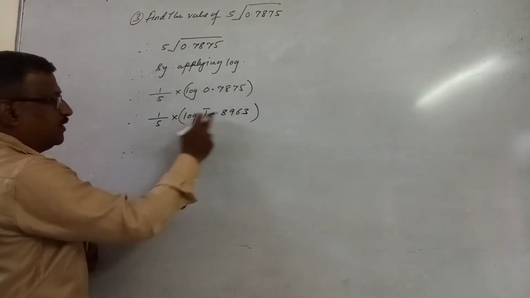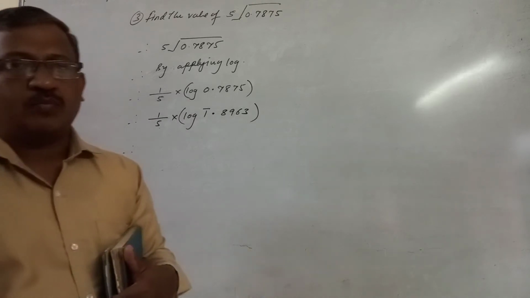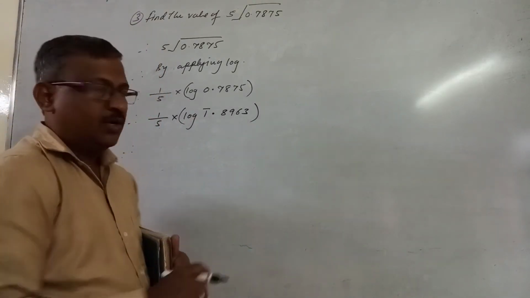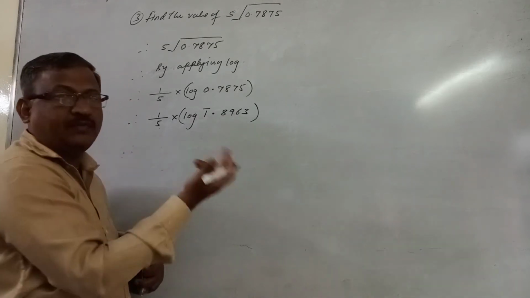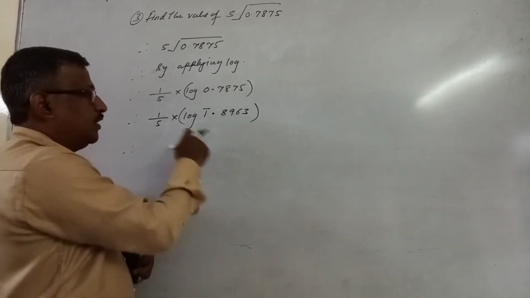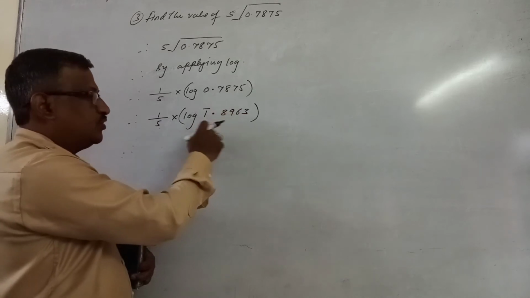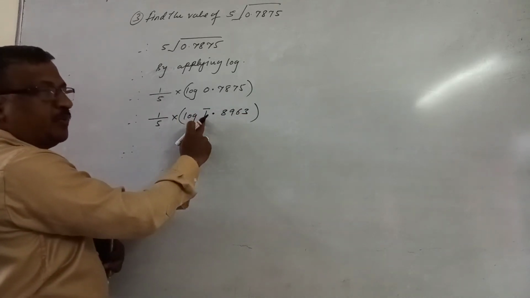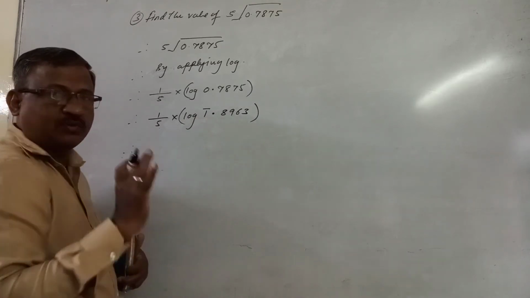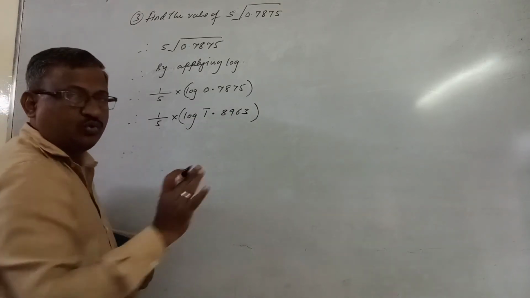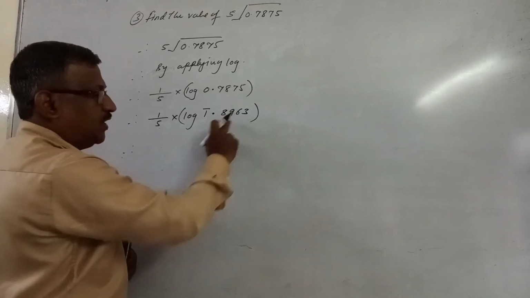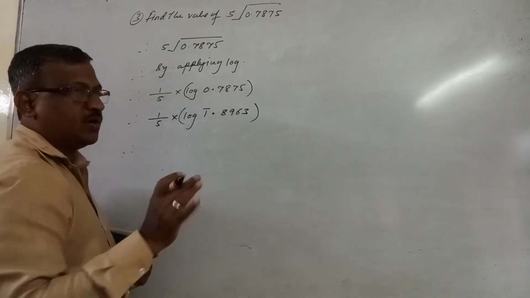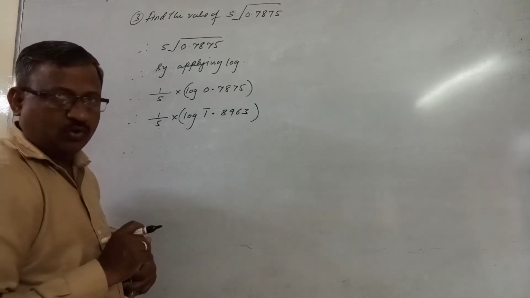But if you go to divide this, direct division is not possible here. Why? Because here the characteristic is negative. If you divide this in the calculator, we cannot proceed. The rule is, I told you, this part can be positive or negative, but this part should always remain positive only. This part should not be negative. If it is negative, we cannot see the antilog. So if you divide directly, this fractional part also will come out negative, and that I don't want.